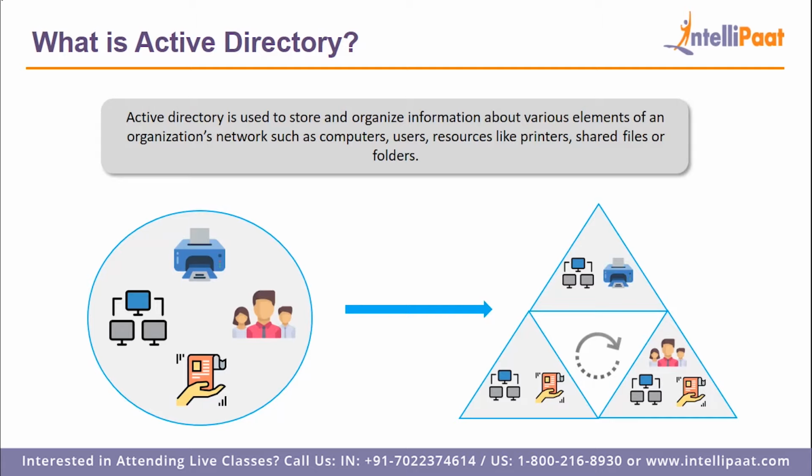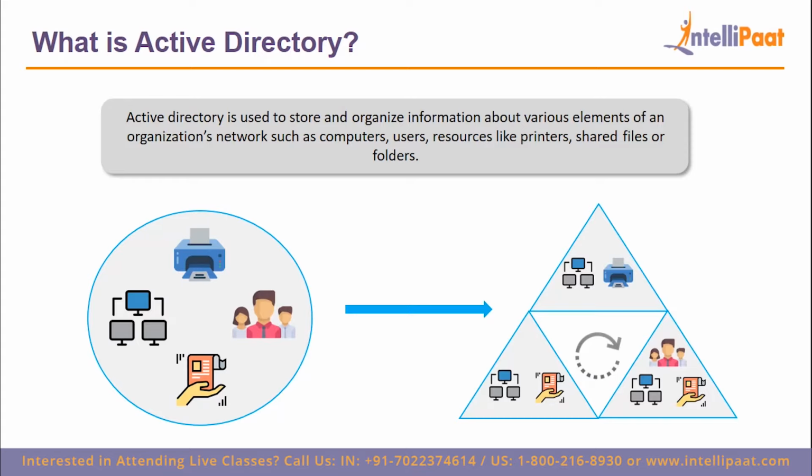To understand this better, let's consider a scenario. Let's say that you work for an organization of about 100 people, right? So there are like total 100 employees in your organization and there are 150 computer systems. And let's say that there are 5 printers. Obviously, the organization would have to keep track of all the computer systems that are currently in use and all the computer systems that are just sitting idle and the systems that are spare, and they will have to keep a track of which employee is using which computer system or which computer system is connected to the 5 printers, right?